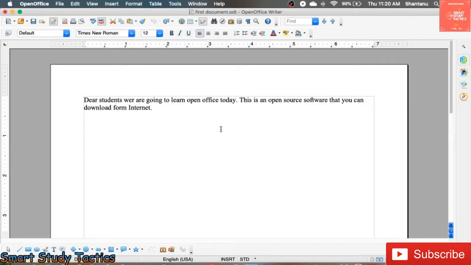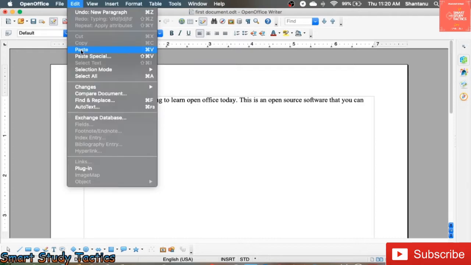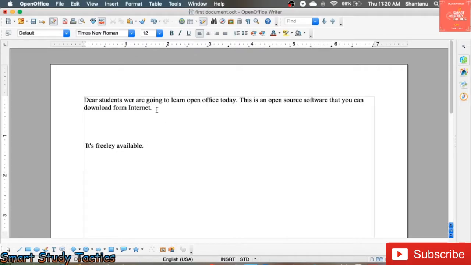Wherever you want to paste, place your cursor there, go to edit and paste. That means the line is moved from here to here. So this is the cut option. After the cut option you can paste a number of times, and that similar line is going to be pasted.